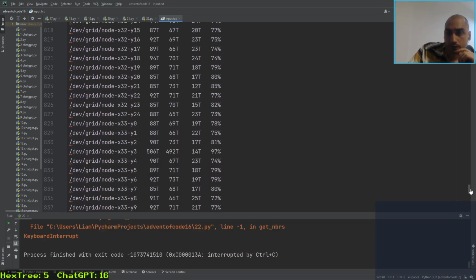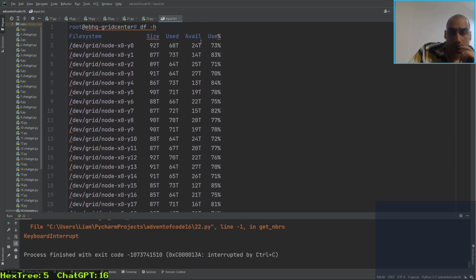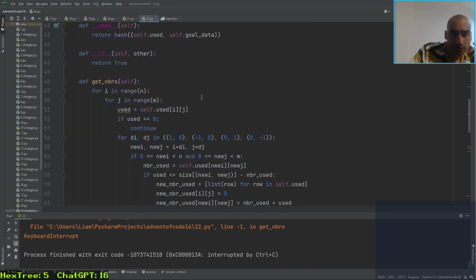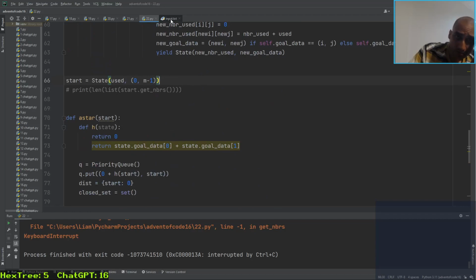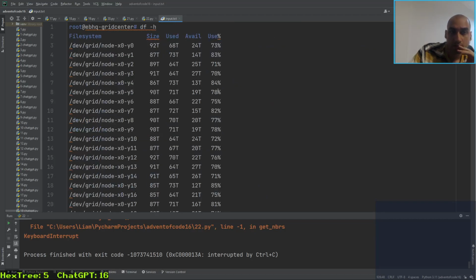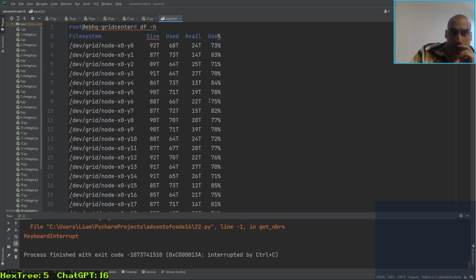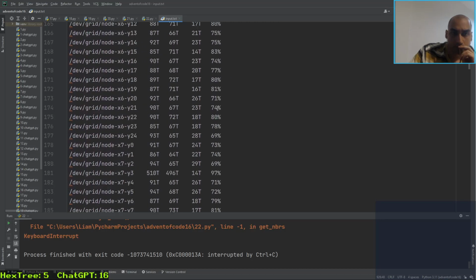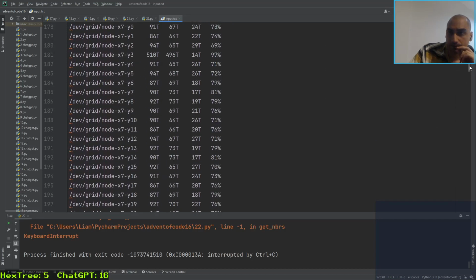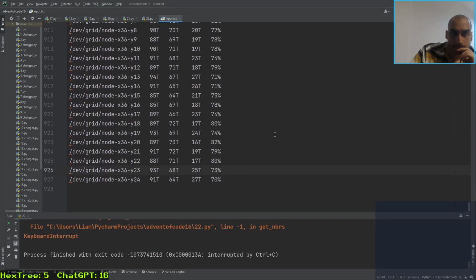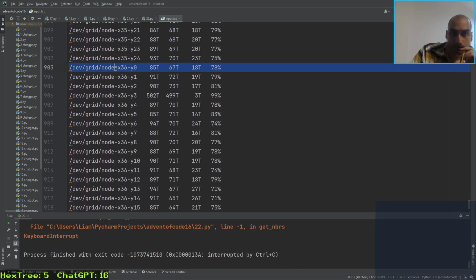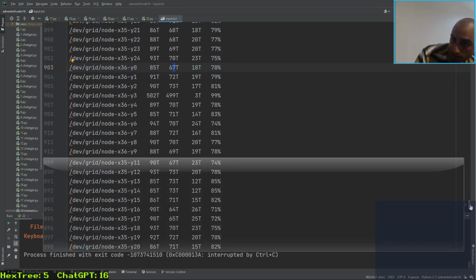Oh. Node 0. So the data is on 0, m minus 1, so it's going to be row y equals 0. So this one here. So the data is 67 terabytes. We need to get this 67 terabytes into